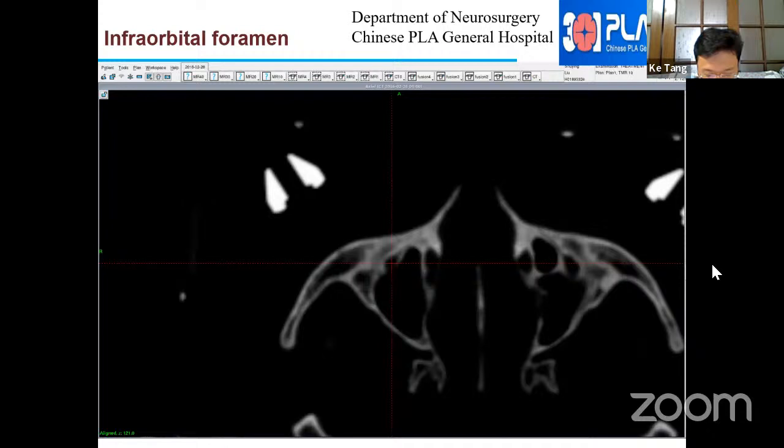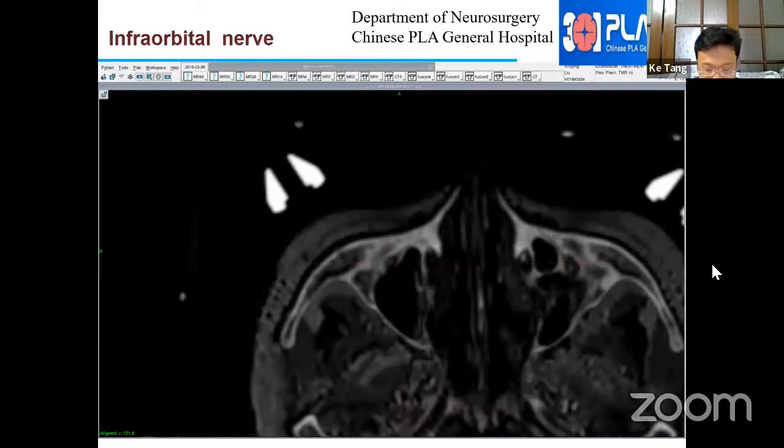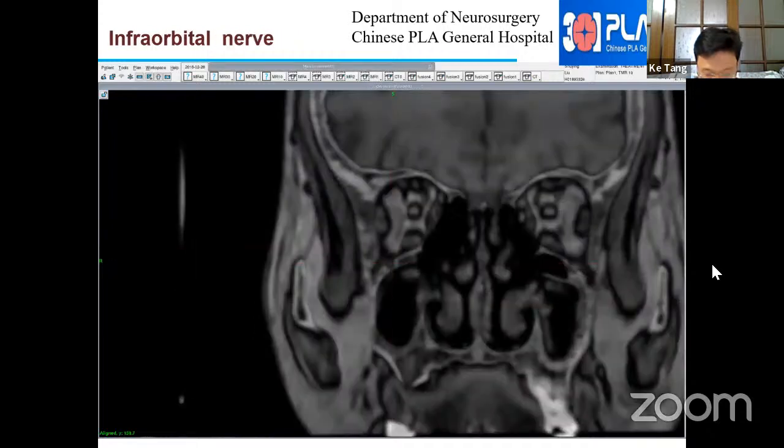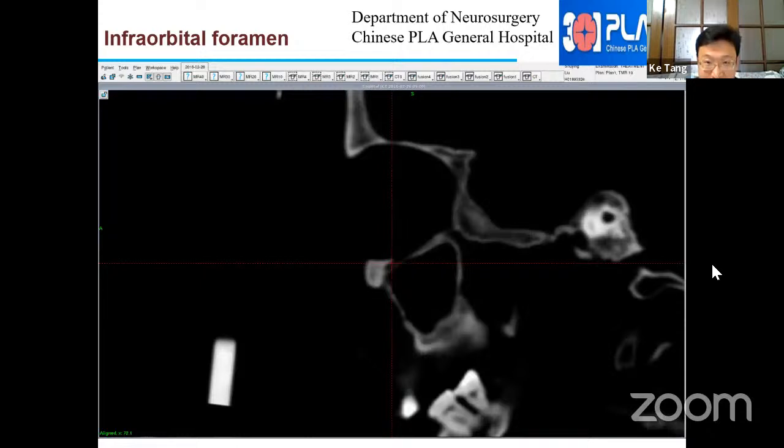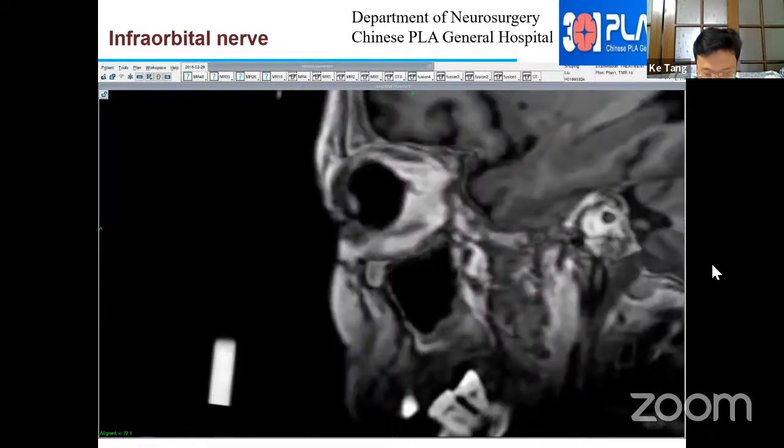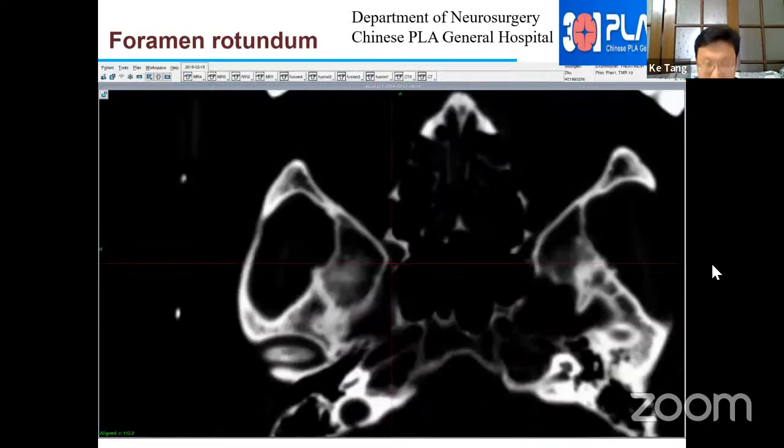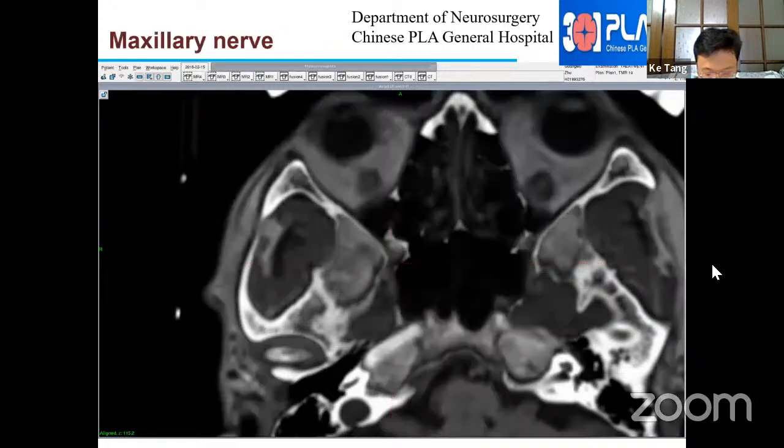The infraorbital nerve fits in the infraorbital foramina in coronal section and in sagittal section, we can see. Then the maxillary nerve and the foramen rotundum in axial section. The maxillary nerve fits in the foramen rotundum in axial section,